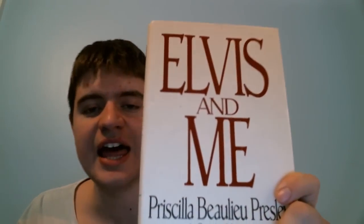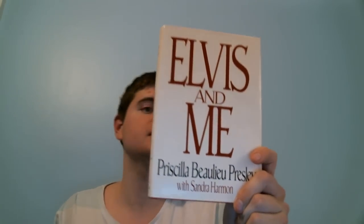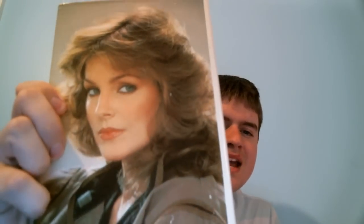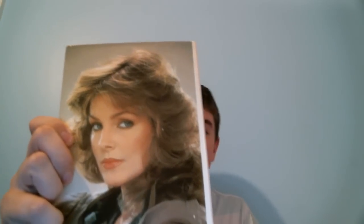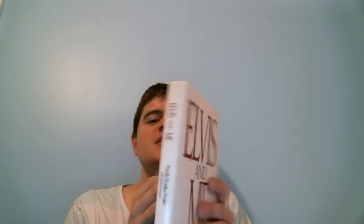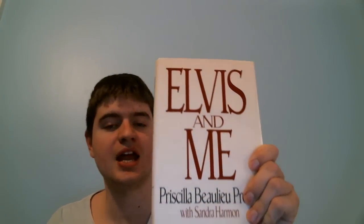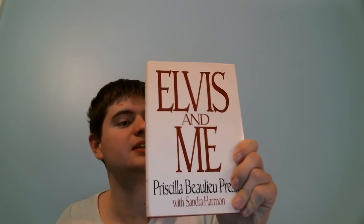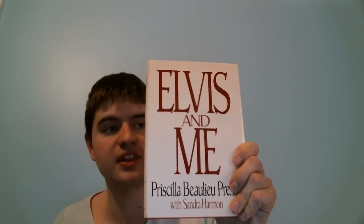This is called Elvis and Me by Priscilla Presley, spouse of Elvis, of course. This book is basically all about how Priscilla met Elvis, what she went through with him, more intimate details about their relationship and things like that. So for 50 cents, I decided to grab it, and I thought, okay, that might be a fun read. And I'm excited to read about it and hear what Priscilla's life was like with him, because Elvis does hold